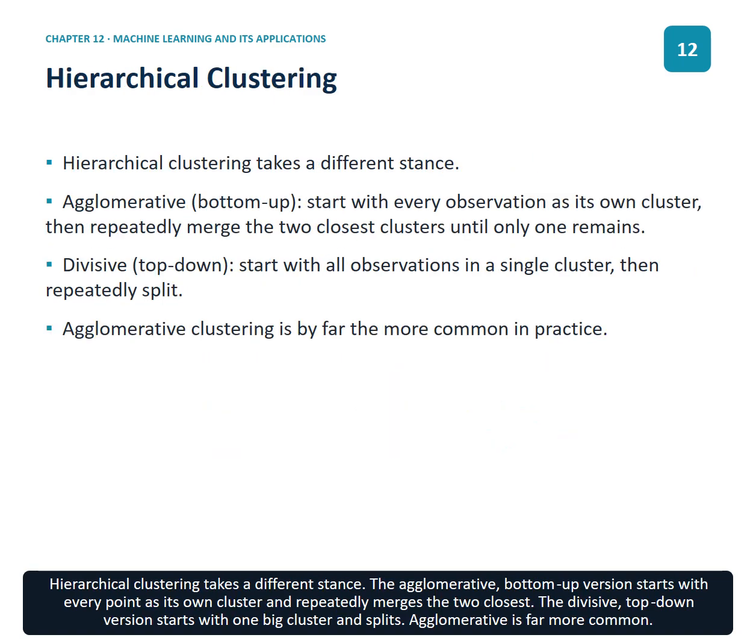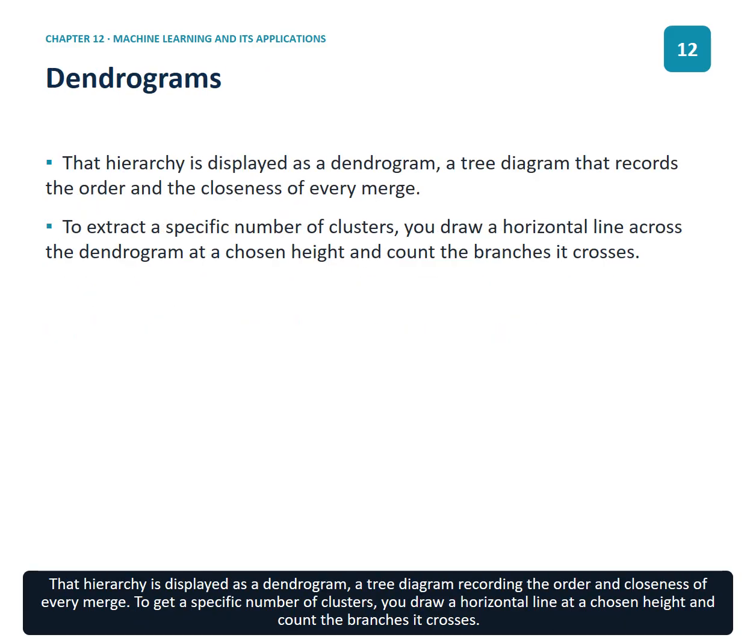Hierarchical clustering takes a different stance. The agglomerative bottom-up version starts with every point as its own cluster and repeatedly merges the 2 closest. The divisive top-down version starts with one big cluster and splits. Agglomerative is far more common. That hierarchy is displayed as a dendrogram, a tree diagram recording the order and closeness of every merge. To get a specific number of clusters, you draw a horizontal line at a chosen height and count the branches